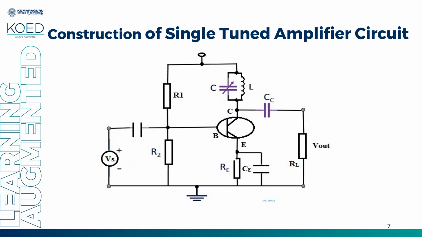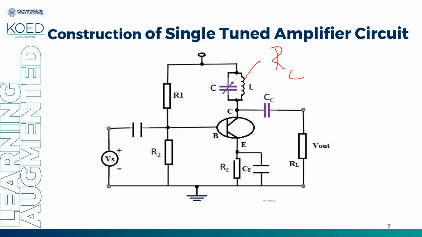So here, instead of your RC, like I mentioned, your collector resistor, I'm going to connect an LC circuit which is in parallel. Why we have connected this in parallel, and why we can vary it, is in order to select it so that the resonant frequency we get will be equal to the frequency which has to be amplified. Okay, so we are going to give a signal here and we need to amplify it,